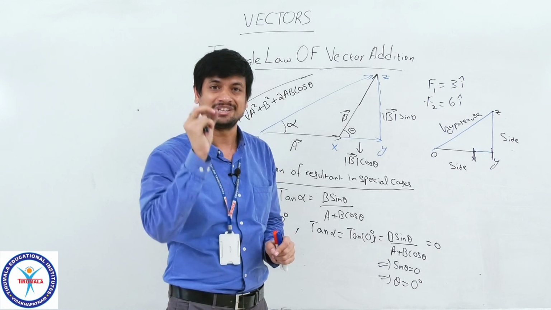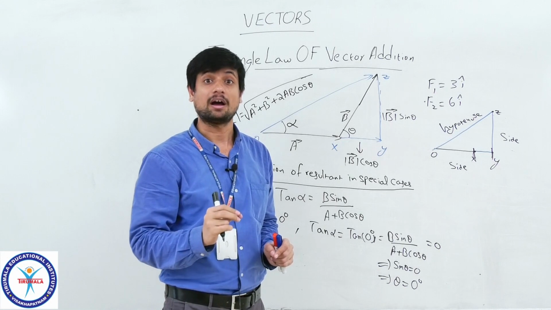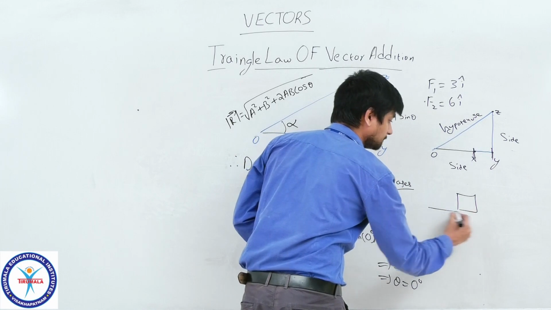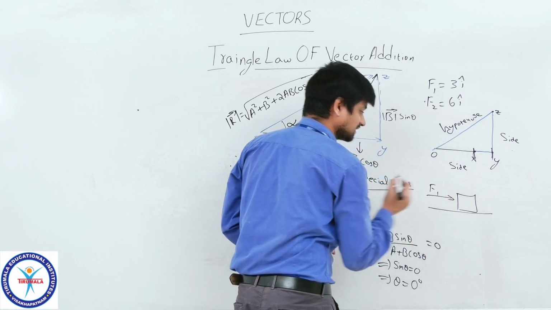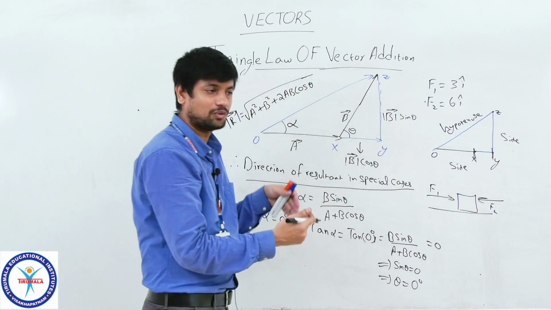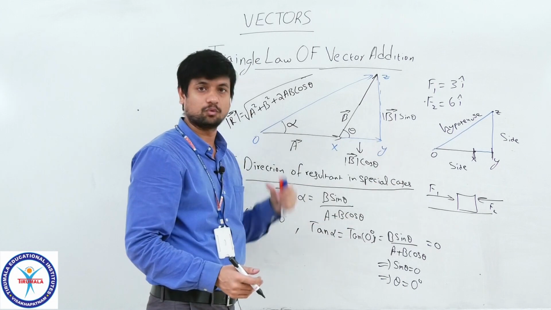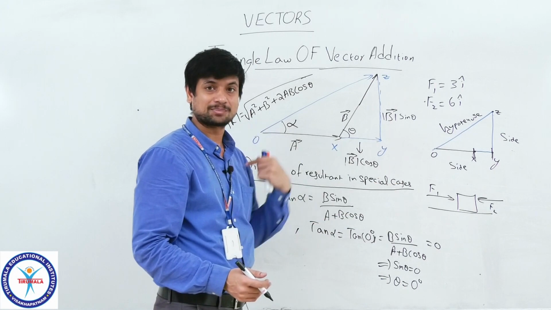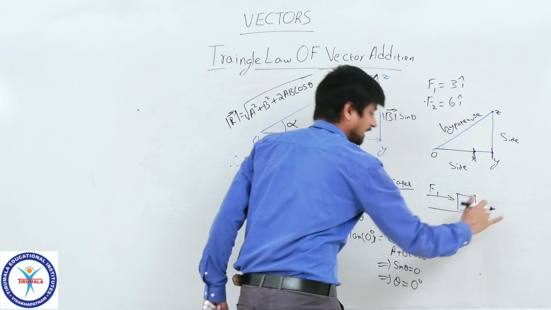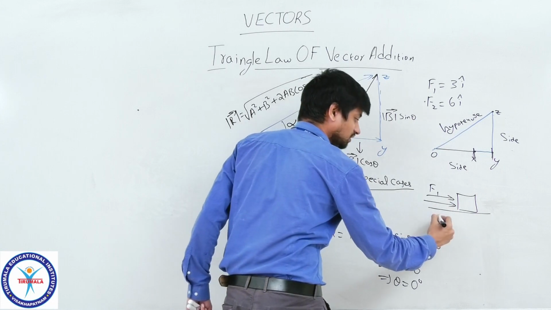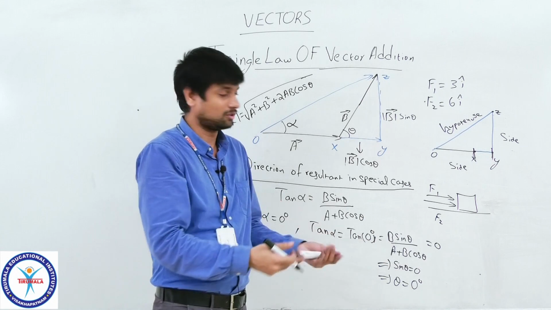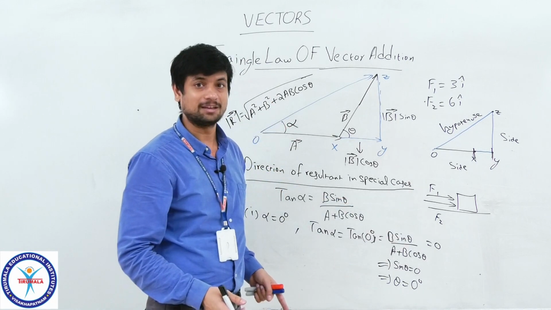If you want to get minimum, you should maintain anti-parallelism, meaning 180 degrees. Simply you can understand by pushing one block. You are applying the force F on this side, I am applying the force on this side. What will happen? Both values will be cancelled because you are obstructing my force. My effect is being obstructed by you, opposite to me. But if you become a friend to me, you are helping me in the same direction. So both are pushing that obstacle. What happens? The resultant will be more. Angle between them is 0.